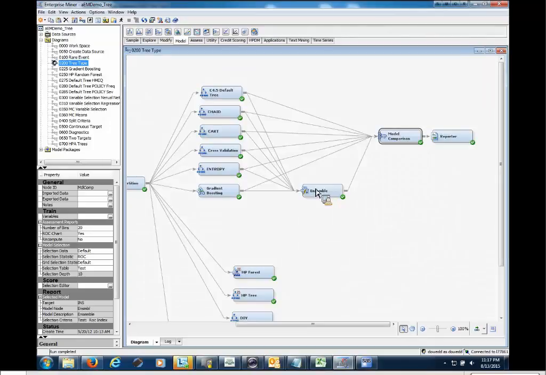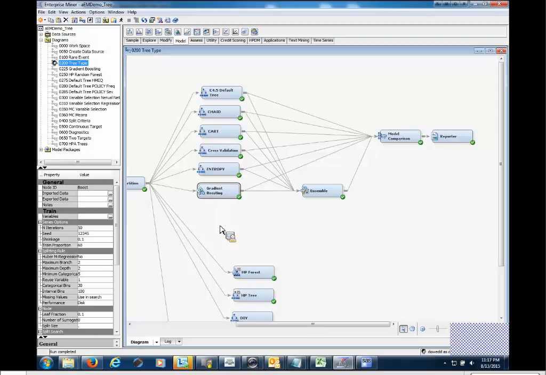But this is basically ensemble models. You build a bunch of little models, and you average them together. Incidentally, that's what a random forest does. My understanding is that the ensemble,